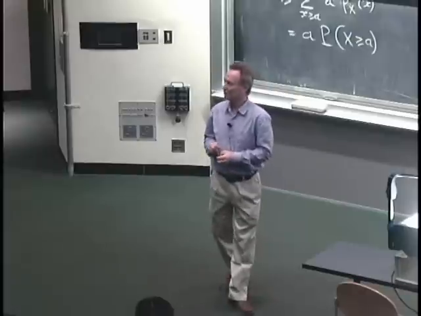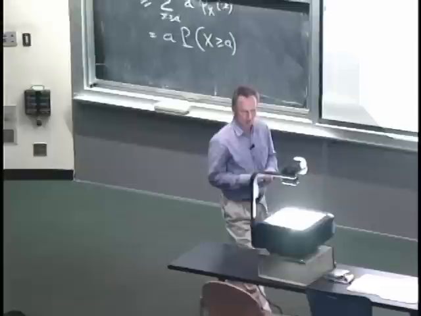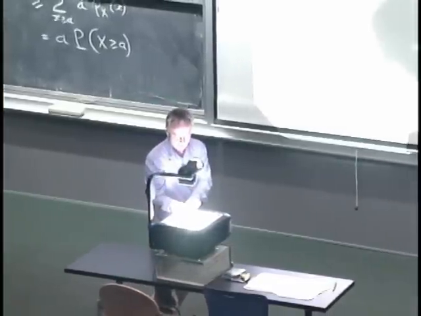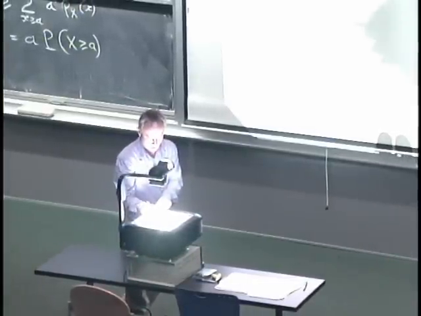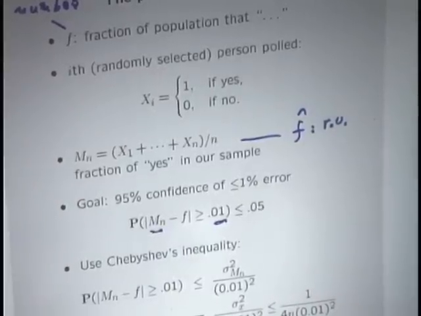Okay, so the boss tells you, well, okay, then tell me f within an accuracy. I want an answer from you that is close to the correct answer within 1 percentage point. So if the true f is 0.4, your answer should be somewhere between 0.39 and 0.41. I want a really accurate answer. What are you going to say?